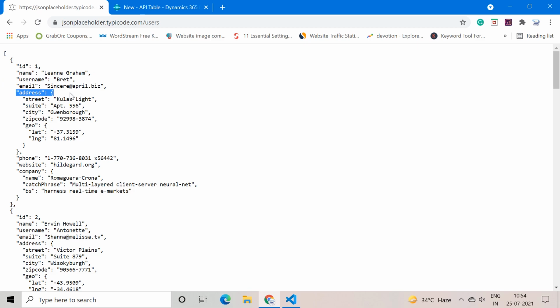So we will see how to read the data which is available in the main JSON object, and we will also check how to read the subset of the main JSON object. As you can see, street and suite could be considered as the subset JSON object of this main JSON object. All right, so let's begin writing the code.